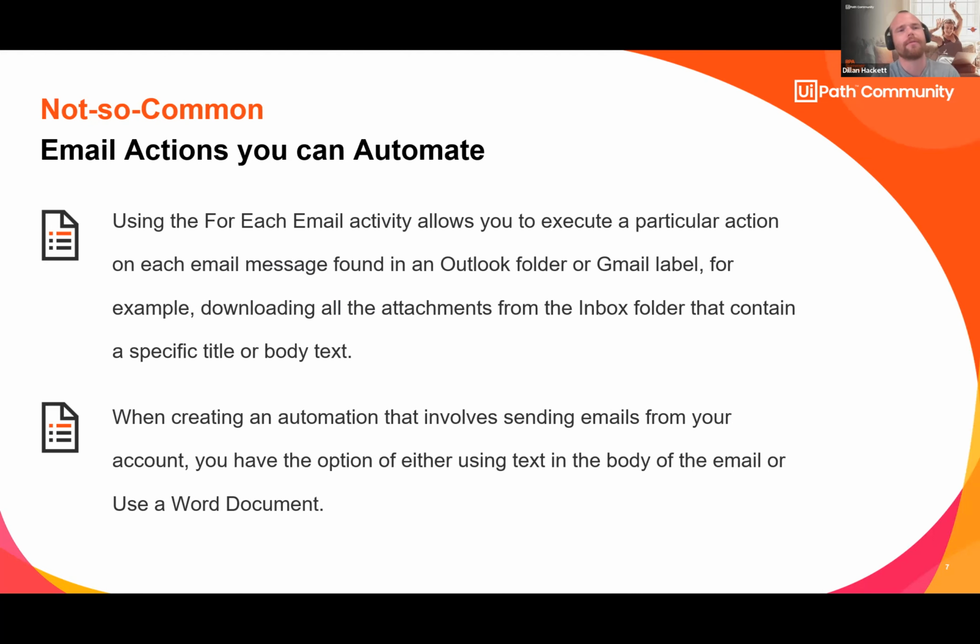So looking at a couple of potentially not so common email actions for you to automate, although I would say that these are still very, very useful. One of which is the for each email activity. And this is a very useful, in particular circumstances, activity that allows you to iterate through emails that you might have received. So it might be that you're iterating through your inbox, for instance,